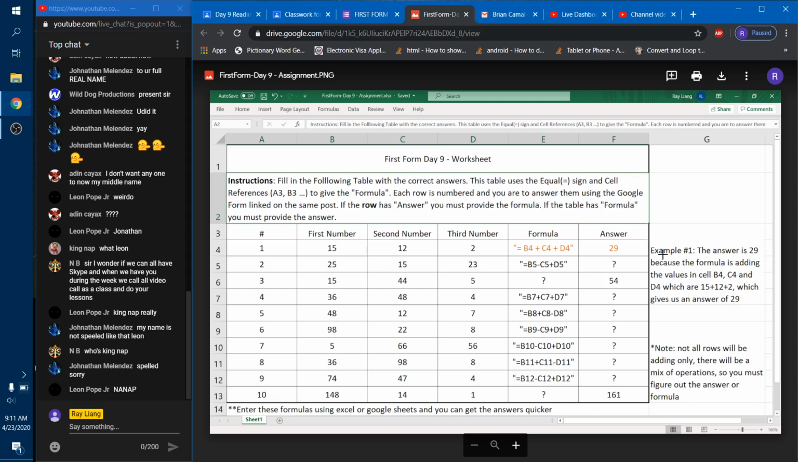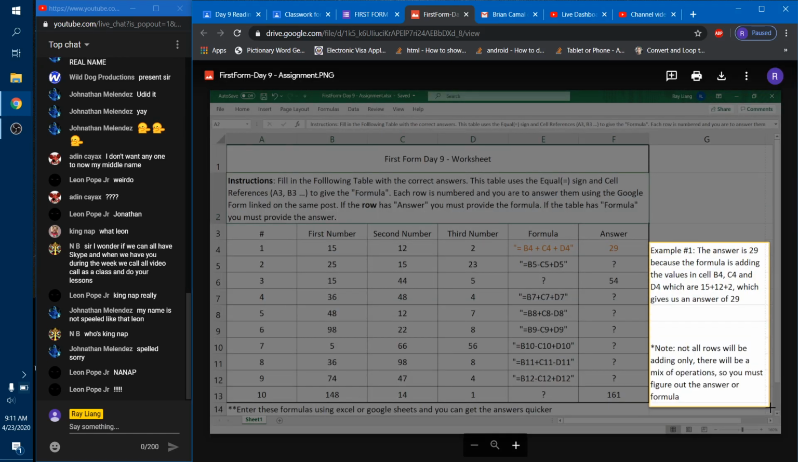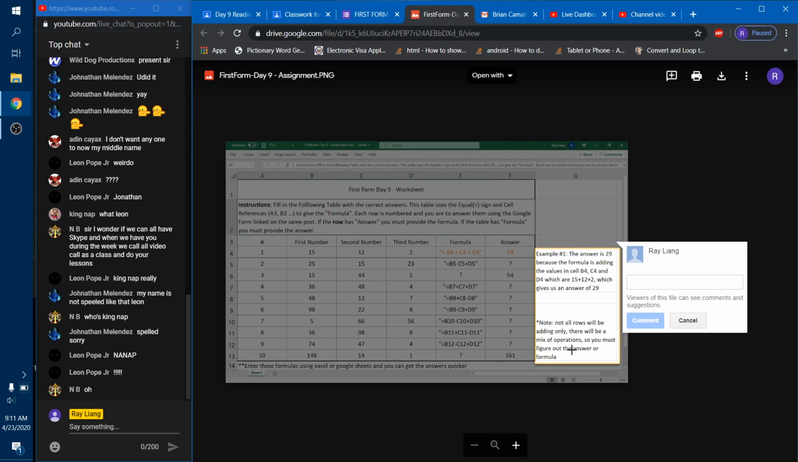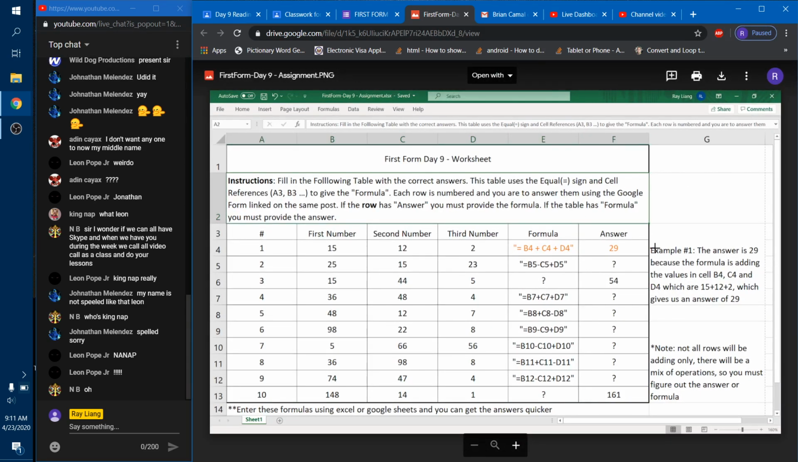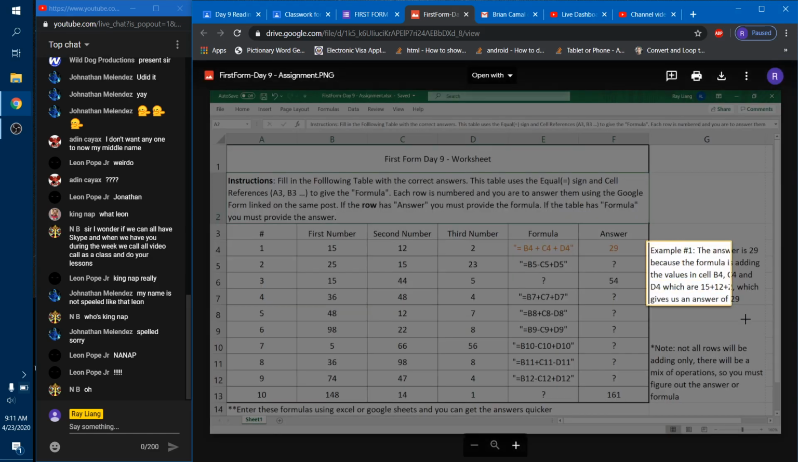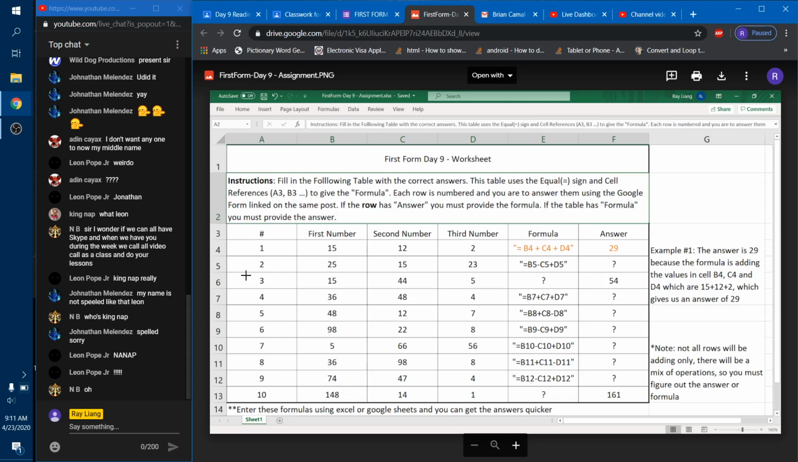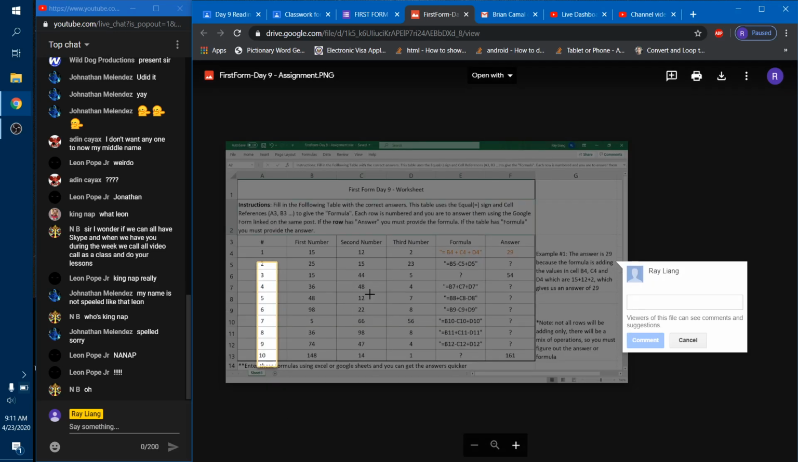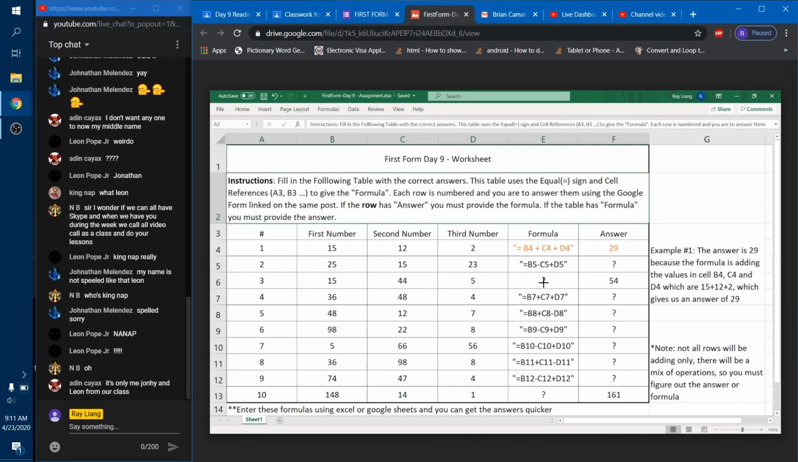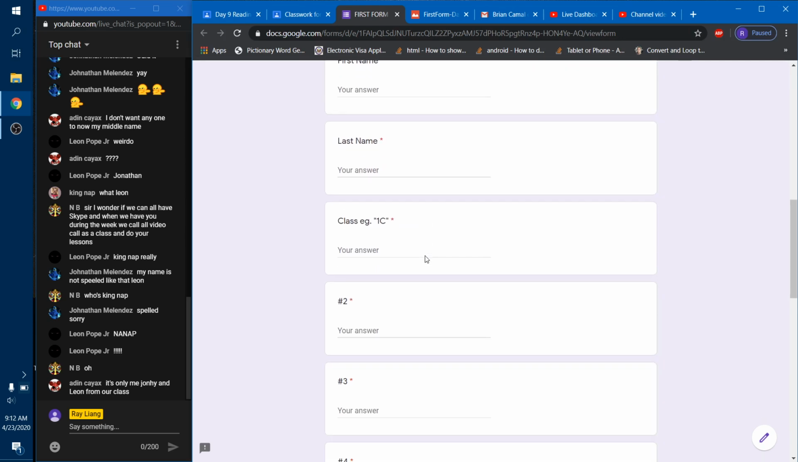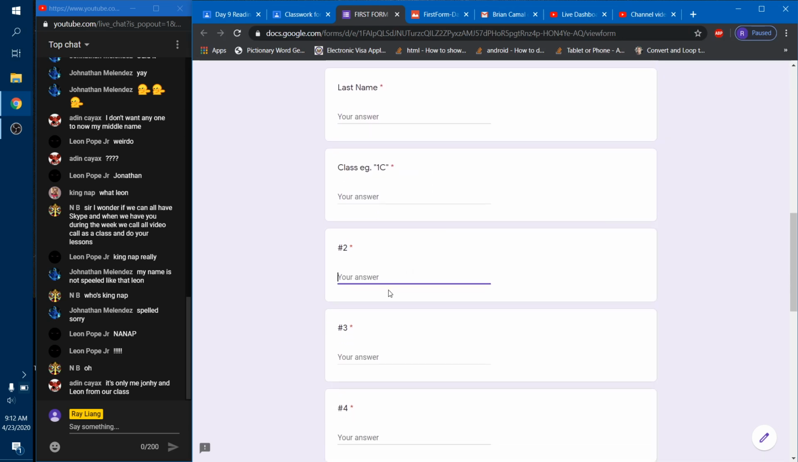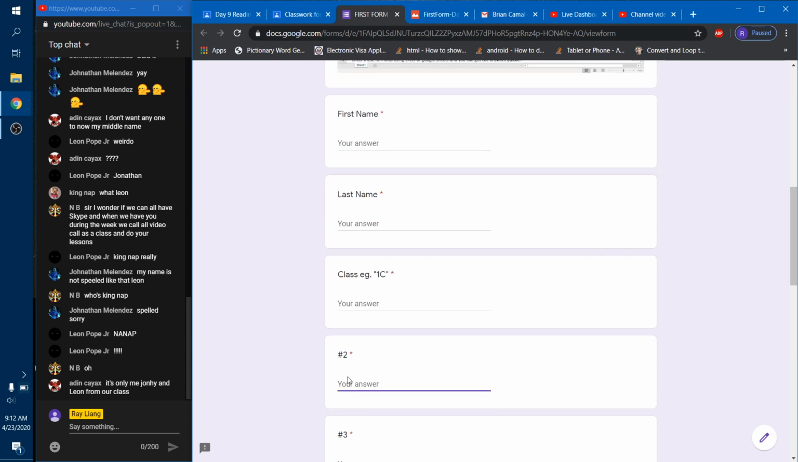And remember what I said, please read all instructions, please look for all the notes, because this is what will explain the information. So example number 1 gives you a clear explanation of what's happening, and then numbers 2 to 10 down here is basically your questions that you need to answer. The question mark is what you need to enter into this form. So number 2, your answer is, write it out here,